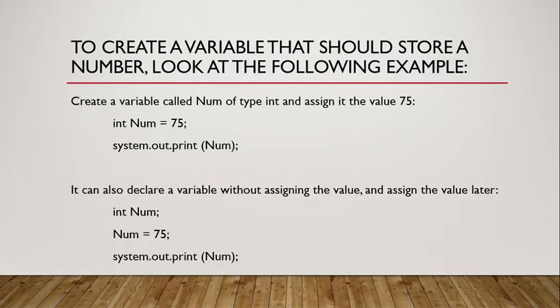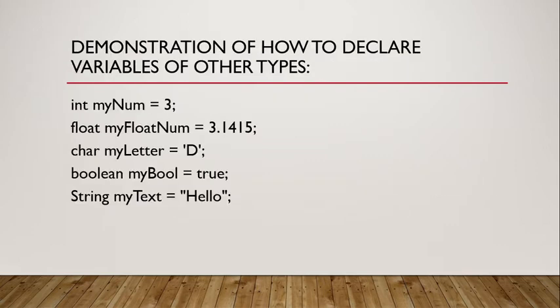System.out.print(number). You can also declare a variable without assigning the value, and assign the value later: int number; number = 75; System.out.print(number). Demonstration of how to declare variables of other types: int myNumber = 3; float myFloatNumber = 3.1415; char myLetter = 'd'; boolean myBool = true; String myText = "Hello";